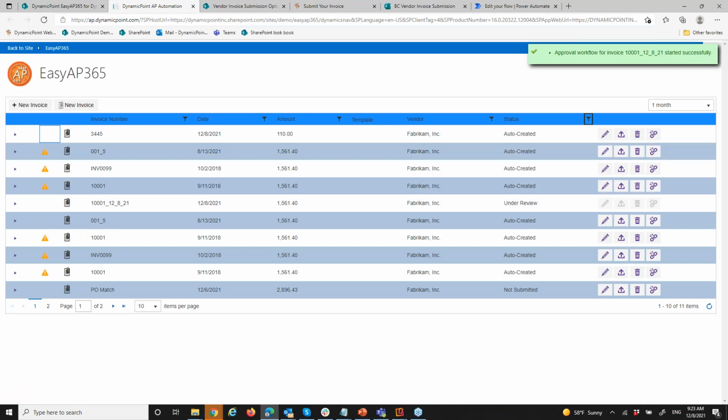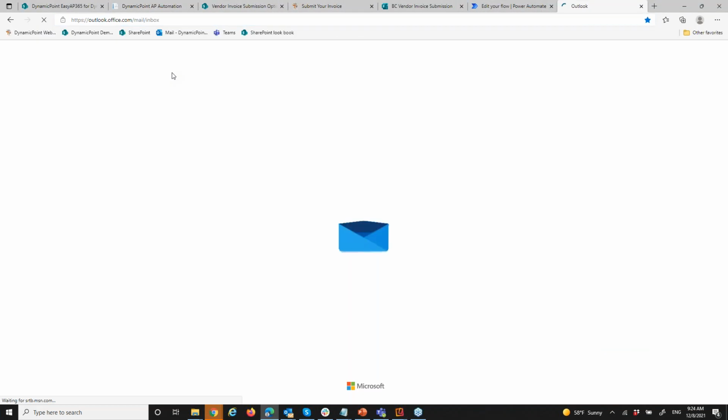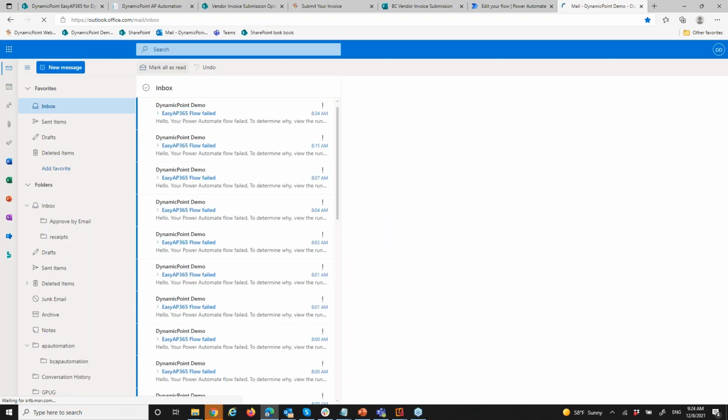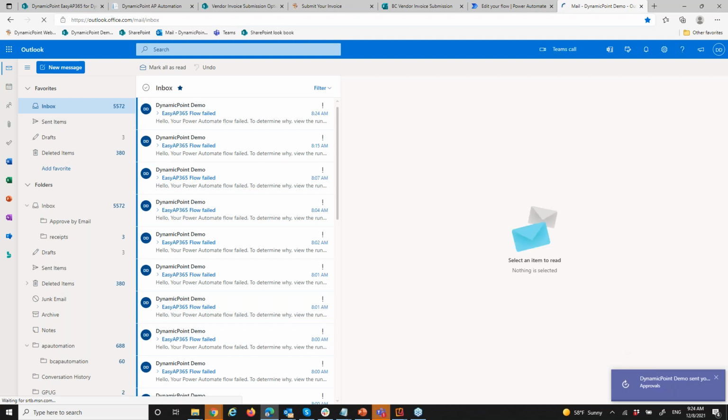And as advertised, where does Teams come into play? I submitted it via Teams. I could also review and approve it via Teams. So what we'll see is I'm going to get a notification. In fact, I'll open up my email too, so we could see that aspect as well. But this notification is going to be generated from Power Automate. So you can see here, I just got a notification,